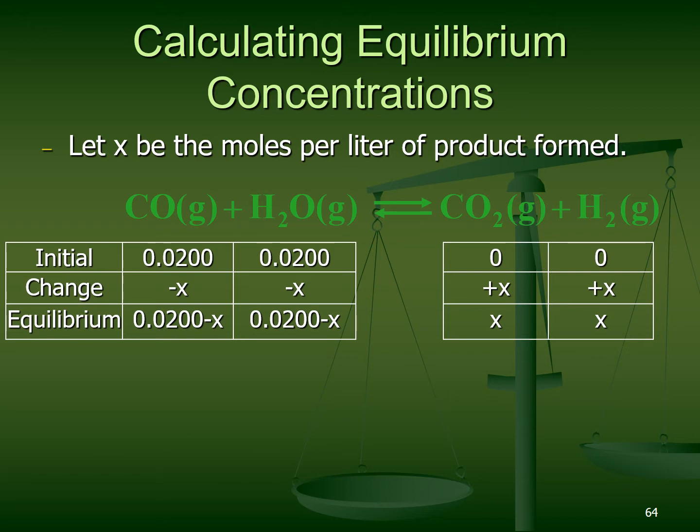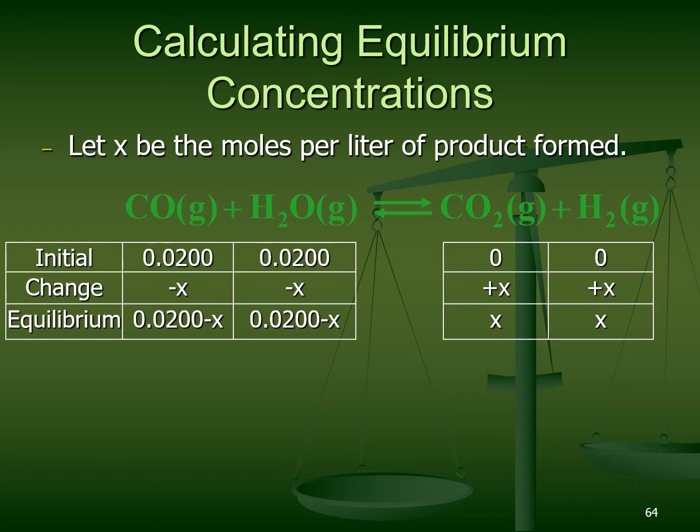So the change is always how things are going to shift, and it's always related by stoichiometry. That means at equilibrium, we have 0.02, what we started with, minus whatever reacted, so 0.02 minus x. We have the same thing for H2O, 0.02 minus x. The amount of CO we have is x, and the amount of CO2 we have is x, and the amount